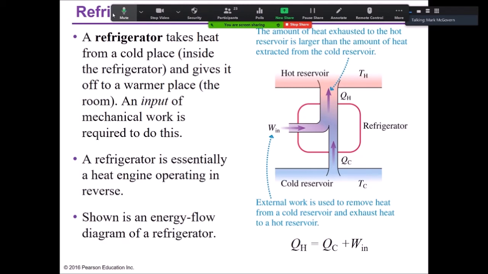That is how a refrigerator works, but there are a lot of other systems that do that. Your basic air conditioner is the same way. Your air conditioner is a refrigerator, right? But in that process, you're going to add the cold and the work being put in, and that equals the hot process there. Okay, the hot intake or exhaust.